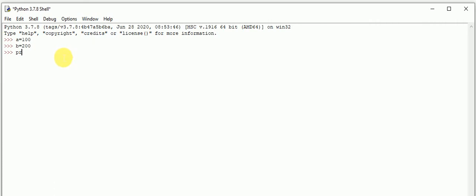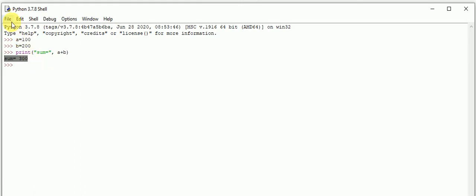Finally, if I want to use some arithmetic operation, I will write a plus b, and the sum equals 300. This is also a statement which gives us the result, sum equals 300. Such a mode is interactive mode.